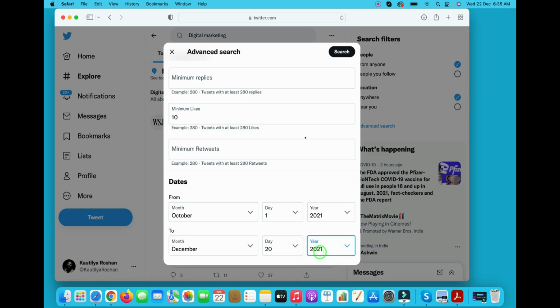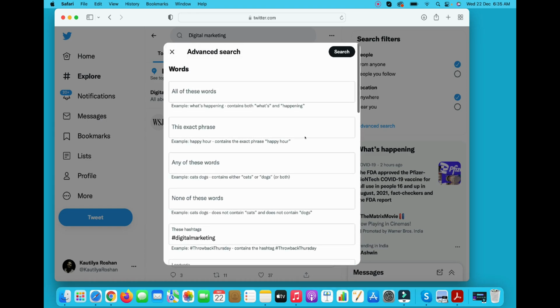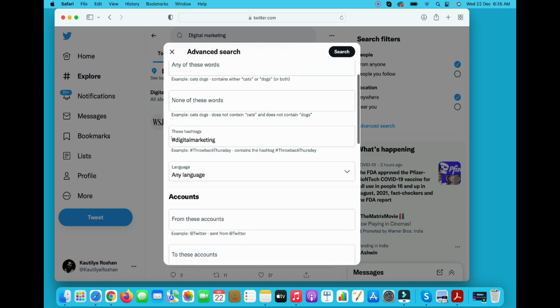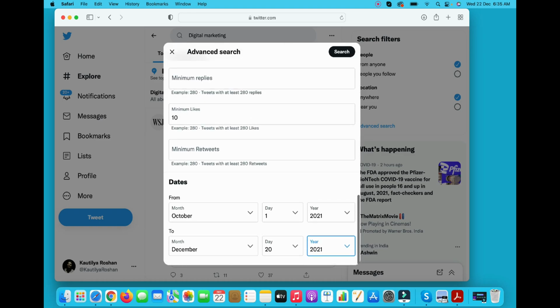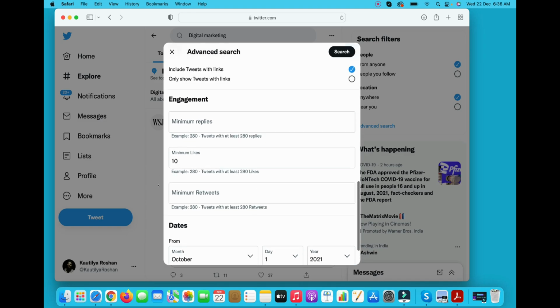What I have done here, guys, is I have just posted hashtag digital marketing. So I want to find all the posts that have been tweeted with hashtag digital marketing in the months of October to December 2021, and those which have got a minimum of 10 likes. Now after that I will click on search.